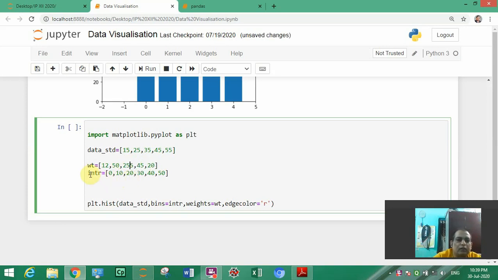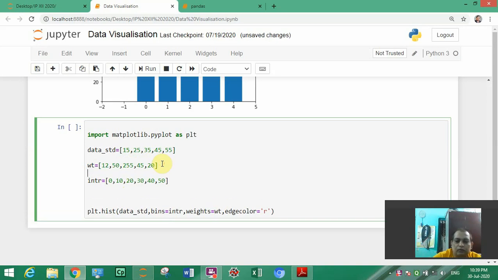And the third line is the interval of this data. So suppose we have to create a histogram of this data, then what we are going to do, we are going to write